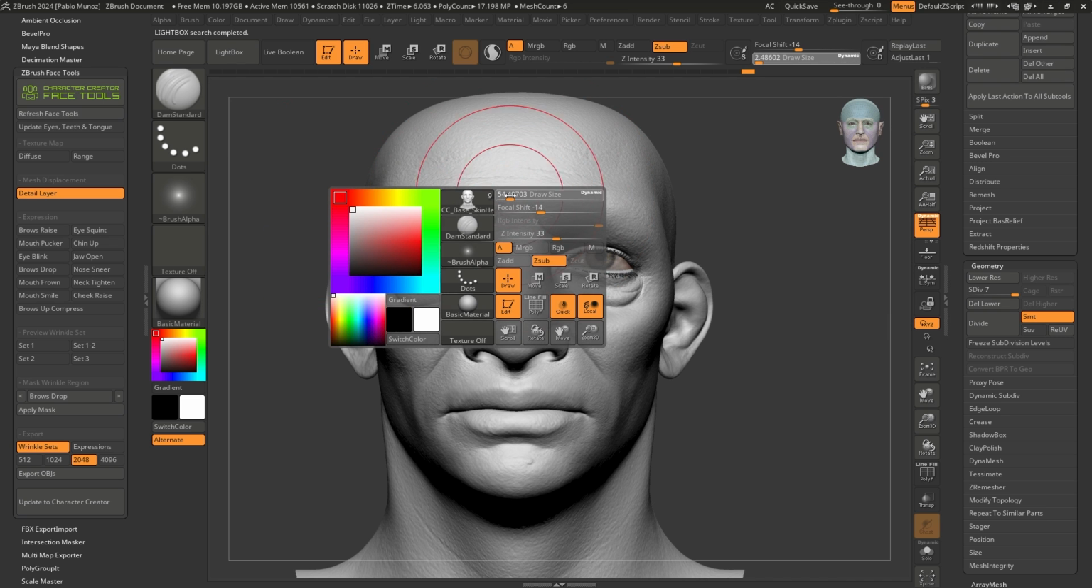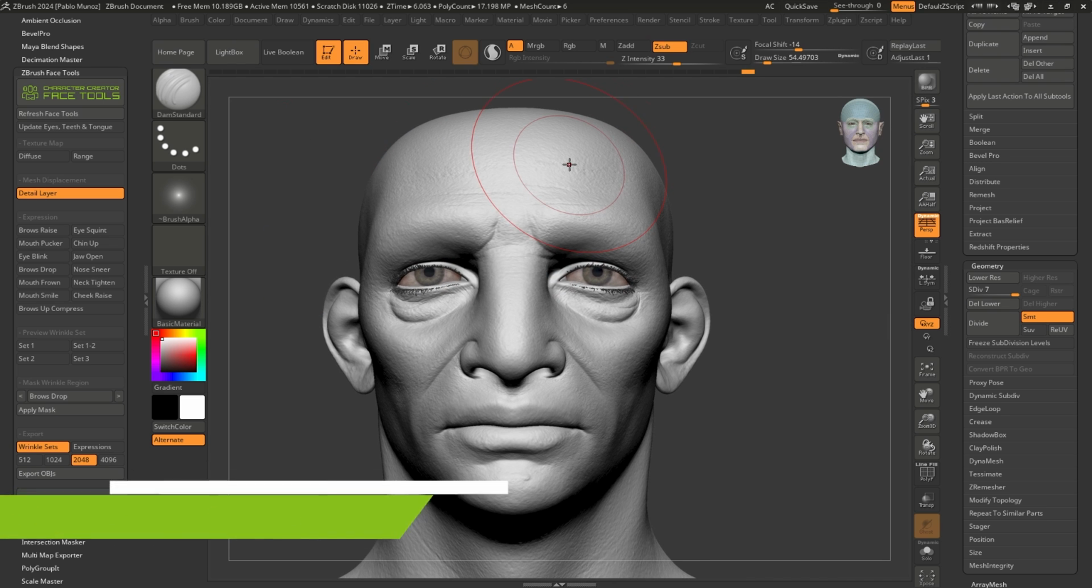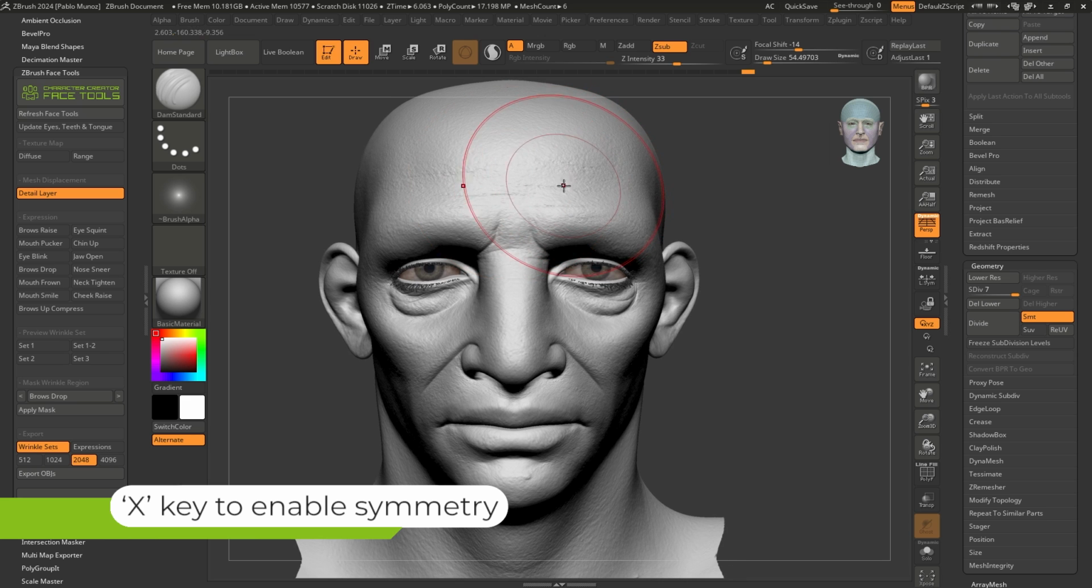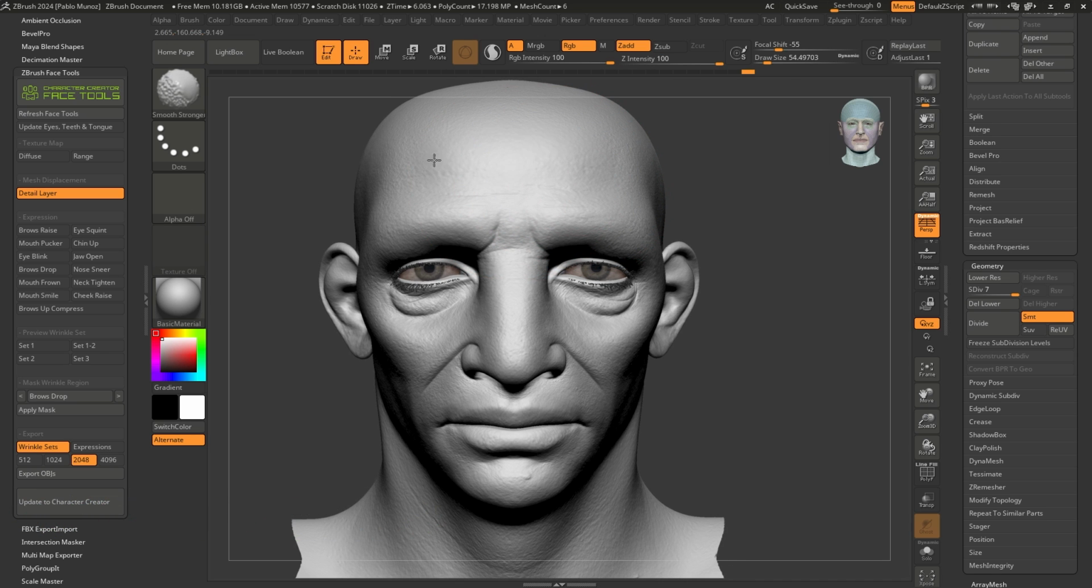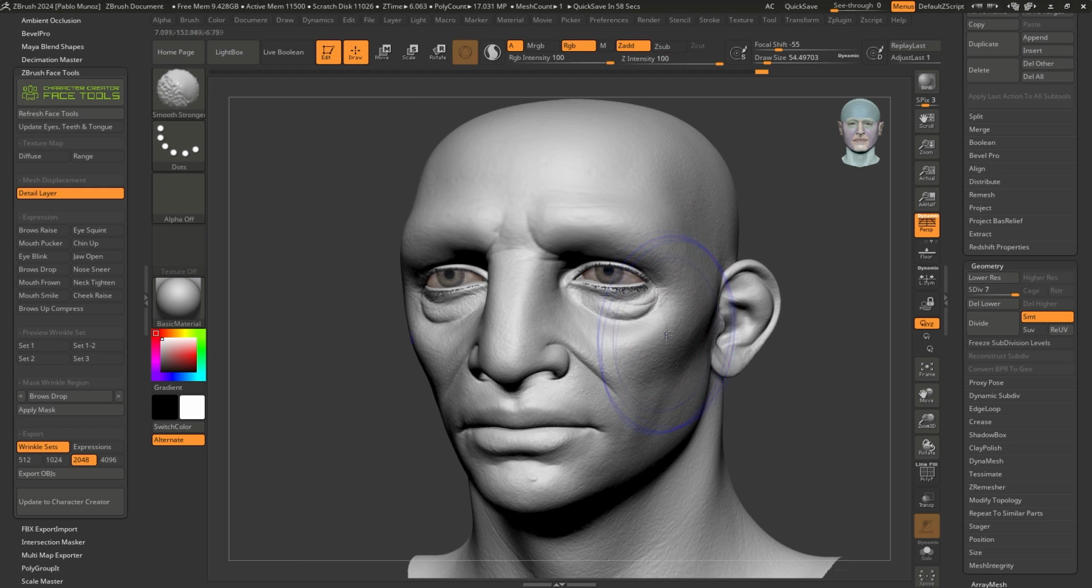And that brush allows you to smooth out all of these details. So I'm going to press X just to have symmetry. And you'll see I'm just removing those details altogether. So just flattening those details. Again, this is an optional thing. You don't have to do it. I'm just going to show you both